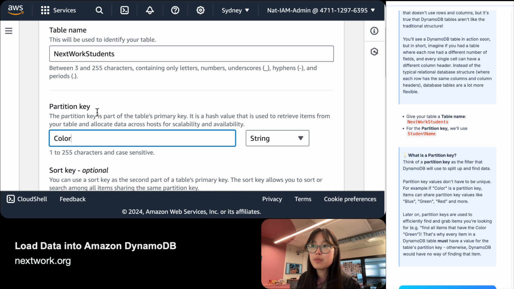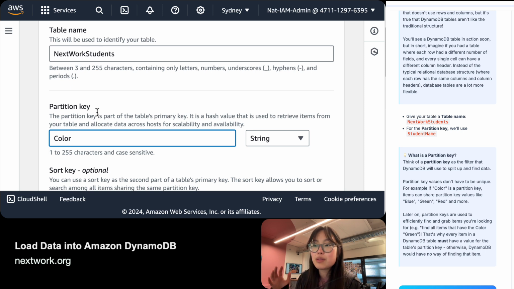I can say, split my Nextwork students table based on color, and then DynamoDB will be like, all right, all of the red students are in one partition, all of the green students are in one partition, all of the bright orange students are in another partition. So it's just a way for DynamoDB to filter all of the data and split it up into smaller groups, smaller